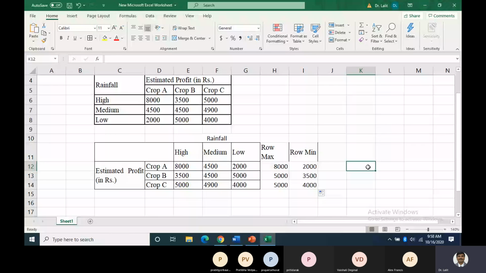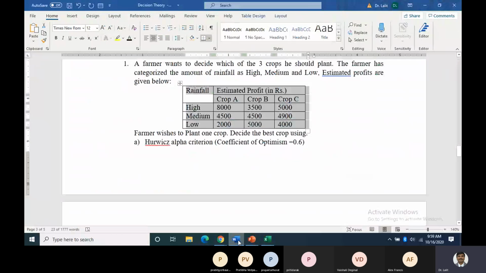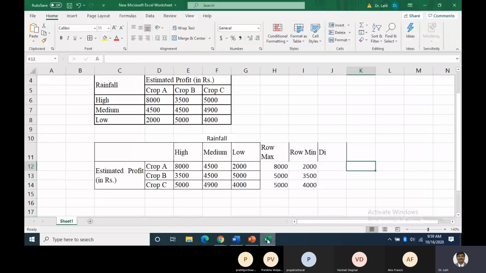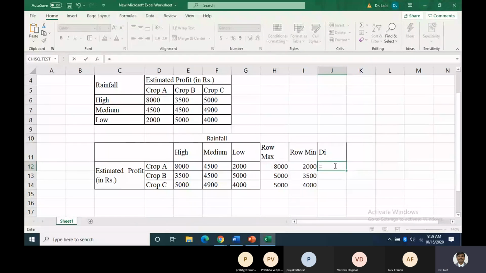Okay. Now, what are the DI values? The degree of optimism or the coefficient of optimism is 0.6. This is your alpha value, right? So, what would be the DI value? See, DI value is 0.6 or alpha into capital MI plus 1 minus alpha into small mi. Okay. So, DI must be